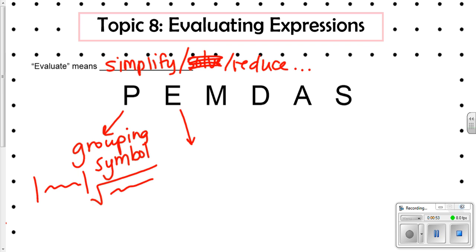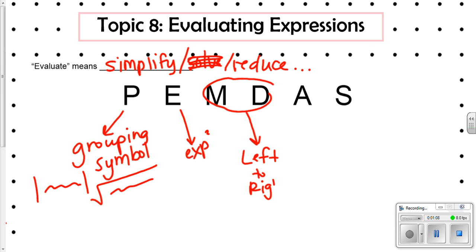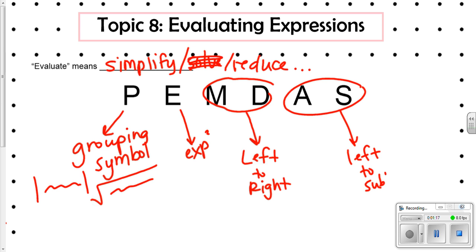E is exponents, okay? We're used to those and put a little 2 here to remind you, exponents. Multiplication and division, those go together, right? You're supposed to do those from left to right, not always multiplication first, okay? You want to make sure you're aware of that, left to right, okay? Addition and subtraction is last, which is also from left to right. Sometimes you actually subtract first, okay? Left to right, I'm writing that wrong. Left to right,